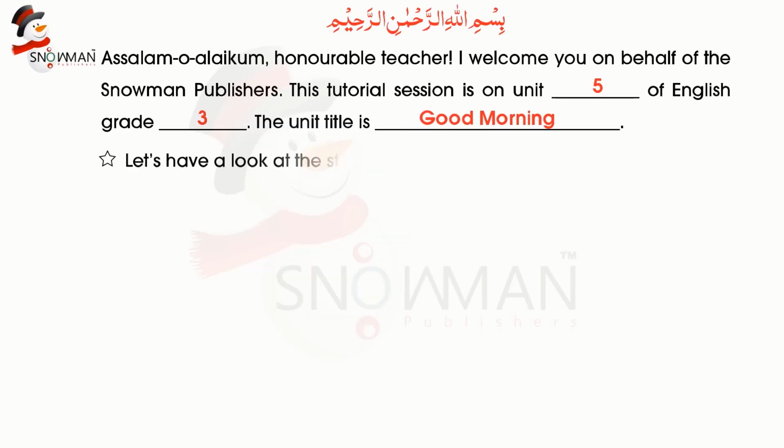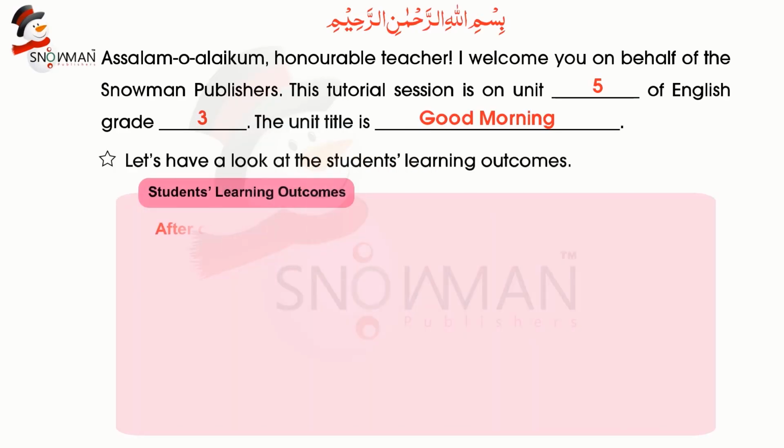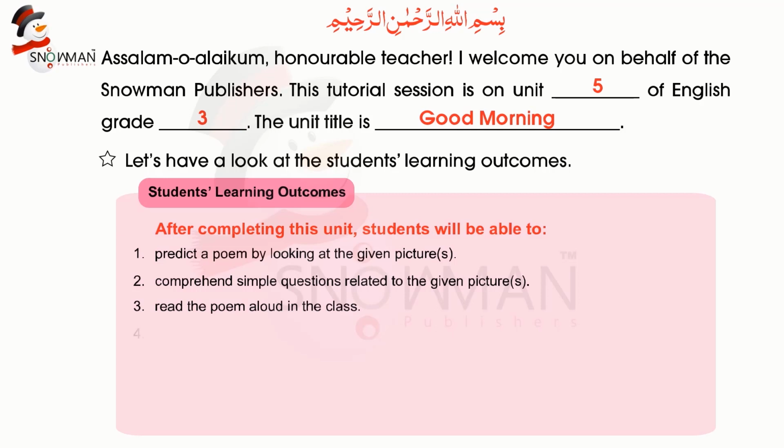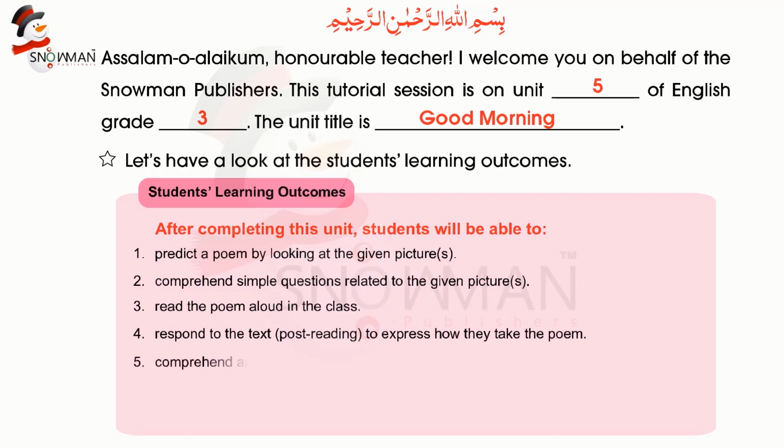Let's have a look at the students' learning outcomes. After completing this unit, students will be able to predict a poem by looking at the given pictures, comprehend simple questions related to the given pictures, read the poem aloud in the class, respond to the text post-reading to express how they take the poem, comprehend and respond to simple questions, pronounce short vowel sounds and pair of words, for